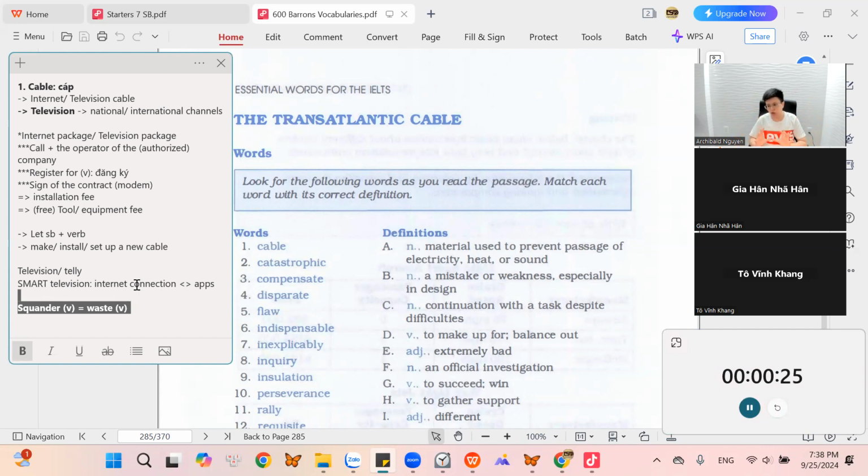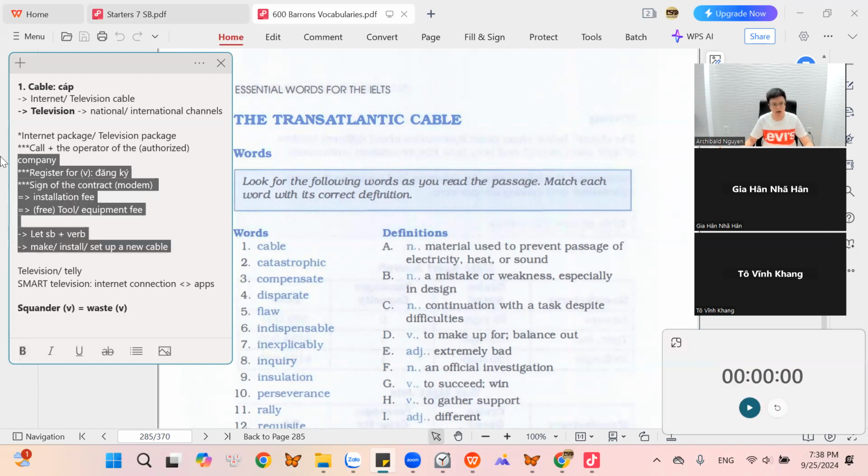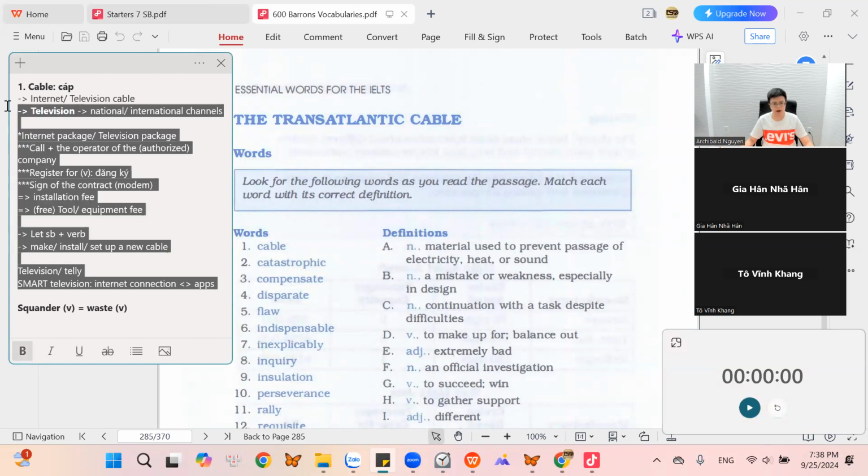We have mastered the vocabularies for us to talk about feelings. So you guys can talk about your mother or your family's feelings very fluently. But when it comes to the vocabularies of internet cable or television cable installation, you guys are gonna find yourself stuck in the way that you describe this process. So here, guys, once again, we are talking about the process of internet or television